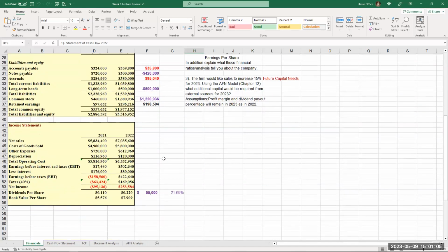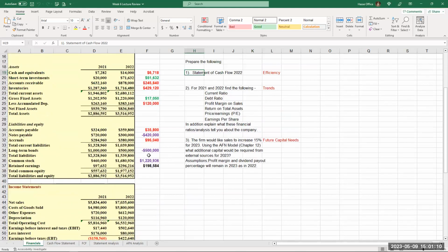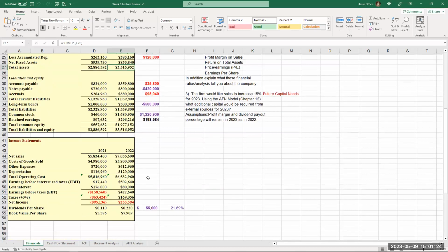Next statement is the income statement, whereas the balance sheet is as of a given day. On December 31st, 2022, we had $3.5 million of assets. We had $3.5 million of liabilities and equity. But the income statement is for a period of time, 12 months. So for the period ending December 31st, for 12 months, this company made a net income of